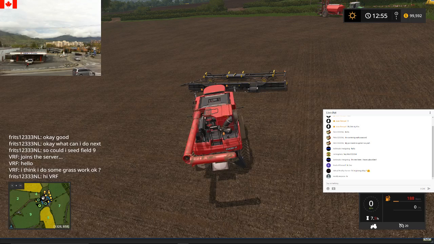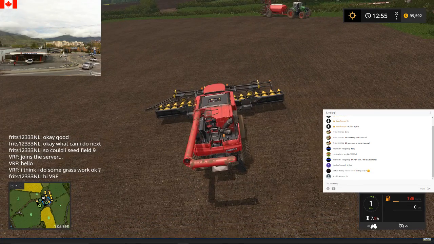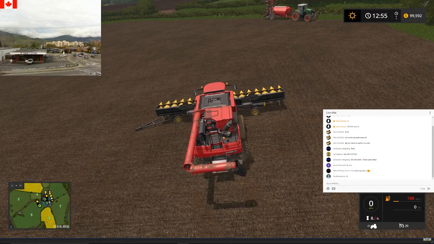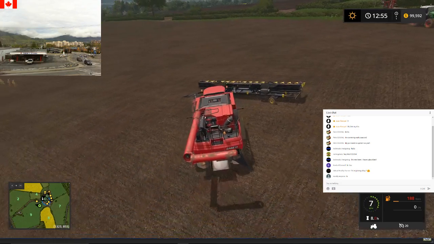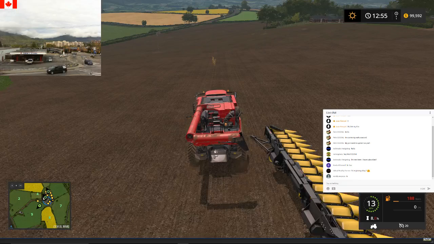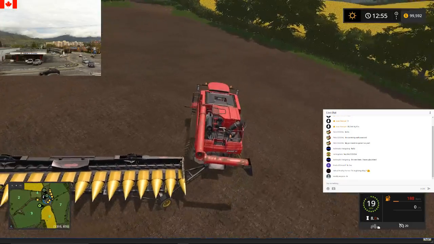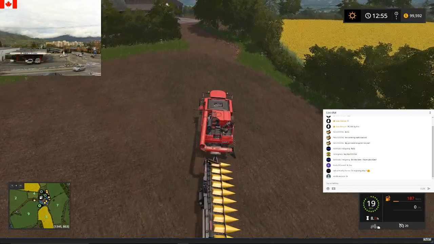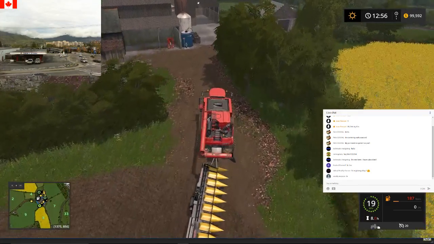Yeah, if there's grass ready, you can do that. There's also fields that can be harvested. I'm planting potatoes. Fritz is going to be seeding something on field 9 here. Farmer Joe's going to cry. I don't know why that header didn't stay on the trailer, but I'm having issues. Hey Freddy, how's it going? We're having all sorts of issues today, so